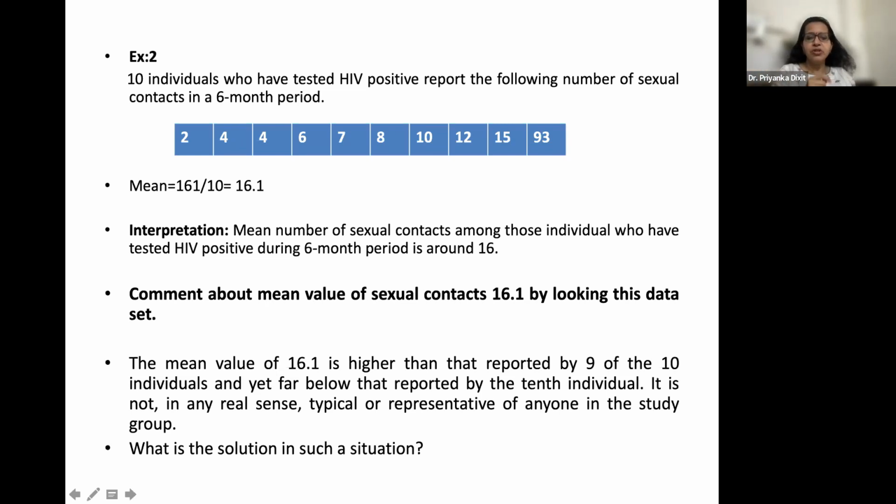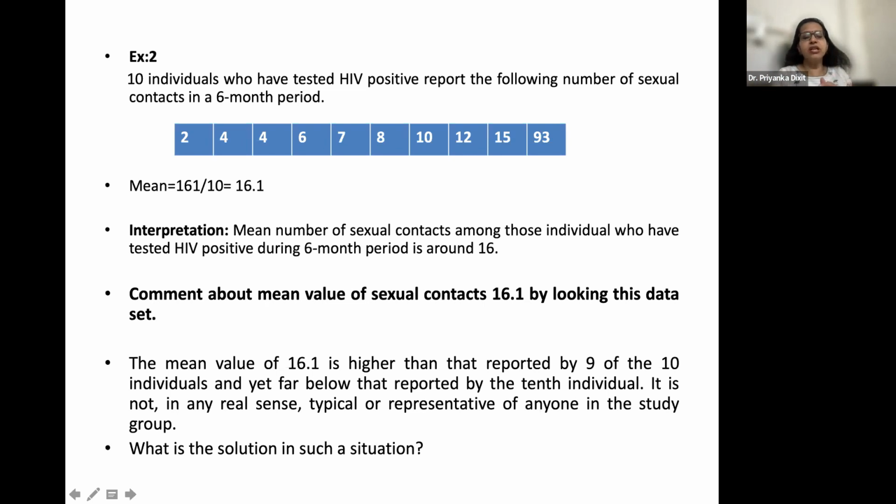Is it okay? So in this situation, can we say that the mean is a good indicator and it will give us an idea about the central part of the distribution? We can't say. So where is the problem? So should we say that the mean is not a good indicator? Then why is the mean so popular? The mean is a good indicator if we are working on a homogeneous data set.